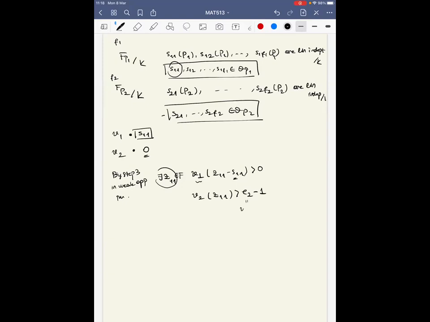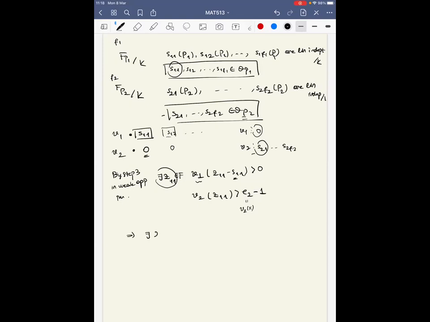Here recall that e_2 is the integer v_2(x). And similarly, by applying the same technique, fixing the first function as 0 and choosing the second function from O_P2,